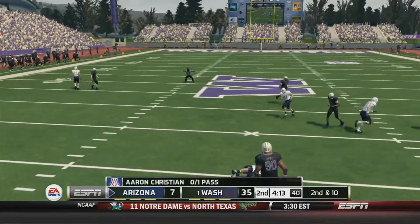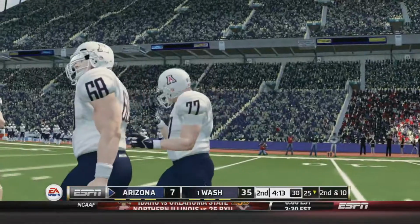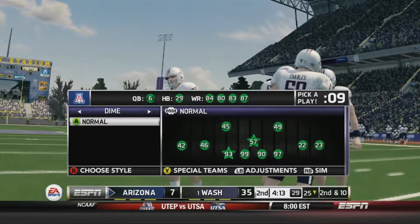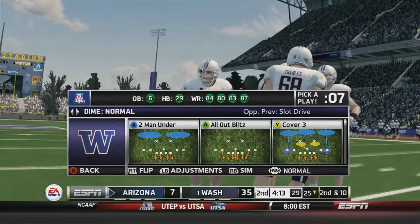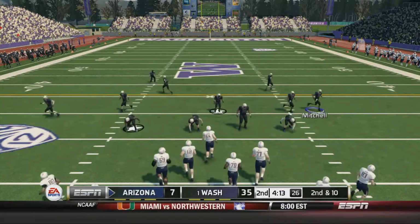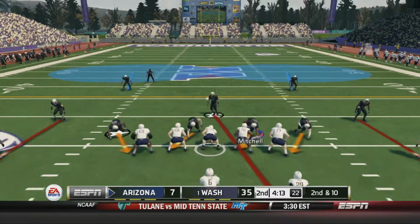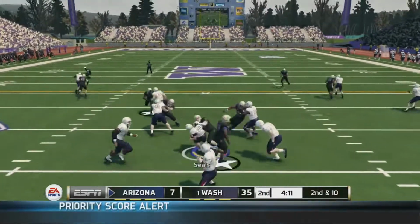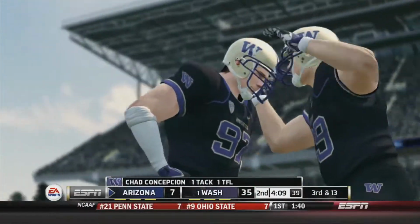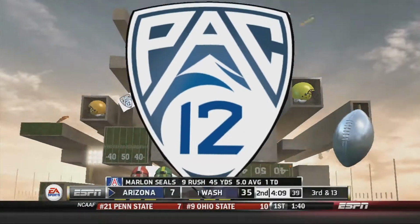Throws incomplete, intended for his wideouts. Peters, the intended receiver on the play. That makes it 2nd and 10. Second down, 10 yards to go. Ball on the 25-yard line. They'll drop him for a loss. Takes him down behind the line. That's a loss of 3 yards on the play. That'll make it 3rd and